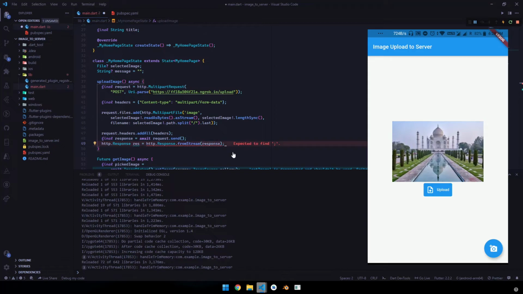Since it is an asynchronous function, we need to call await, and the corresponding value will be stored in this res variable.